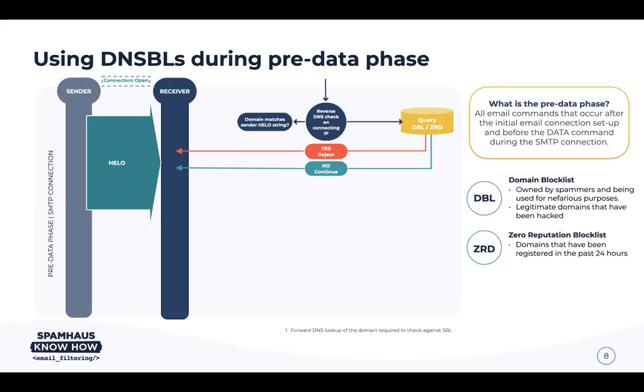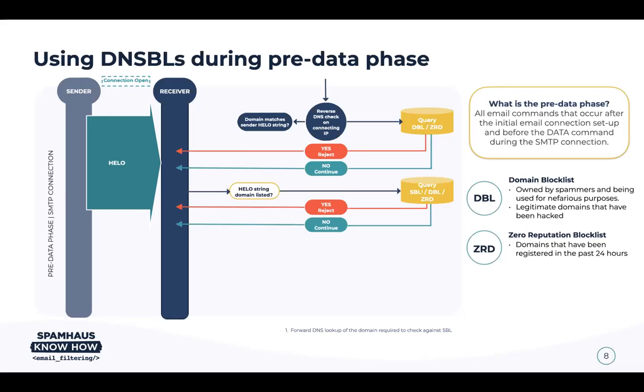Now, at this stage, the next thing that is going to happen is that the source is going to send us the hello command. The hello command comes with a string that is supposed by RFC to be the host name of the sending machine. And being a host name, we can perform exactly the same type of query that we did against the reverse DNS of the sending IP. So again, we can check it against the DBL with the same considerations applying. We can check it against the ZRD, again, with the same considerations